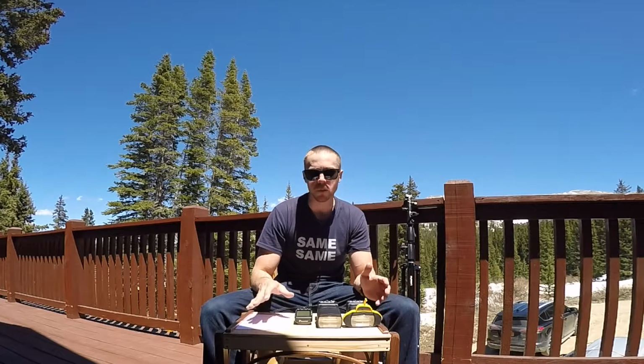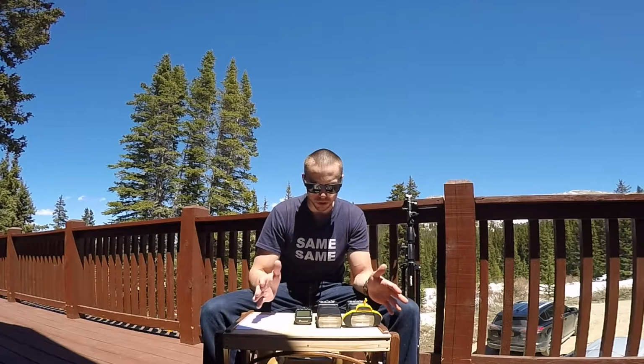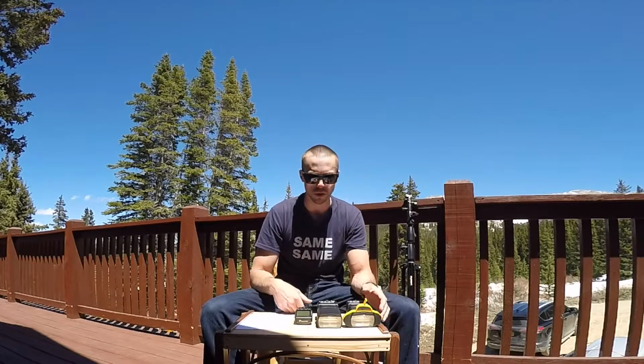Okay, cameras have a built-in limit on what you can do with regular flash of 1/250th of a second, so you don't want to go above that or you're going to get a line, because you're above the flash sync speed, so the flash is going off quicker than the shutter and mirror and everything is moving out of the way. So you're going to get a black line or a dark line in your photo,